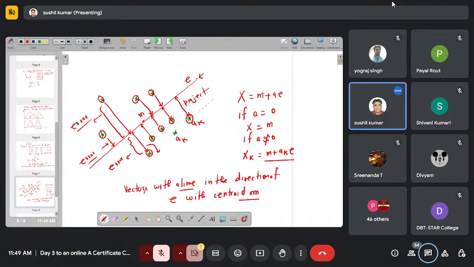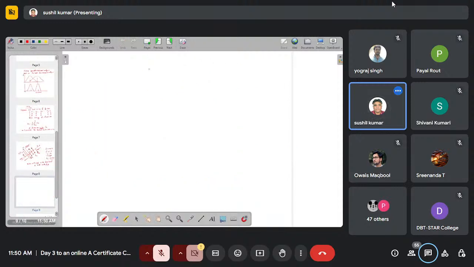So what is the error here? Suppose this is a line here, I will draw this line here, and from here to here, this is the error, or this is like AK. So what will be this line? M plus A of K E. This is the equation of this line, and this is the error here, and this line is XK. If I subtract from this one to this one, I get the error. So here the error will be like this: